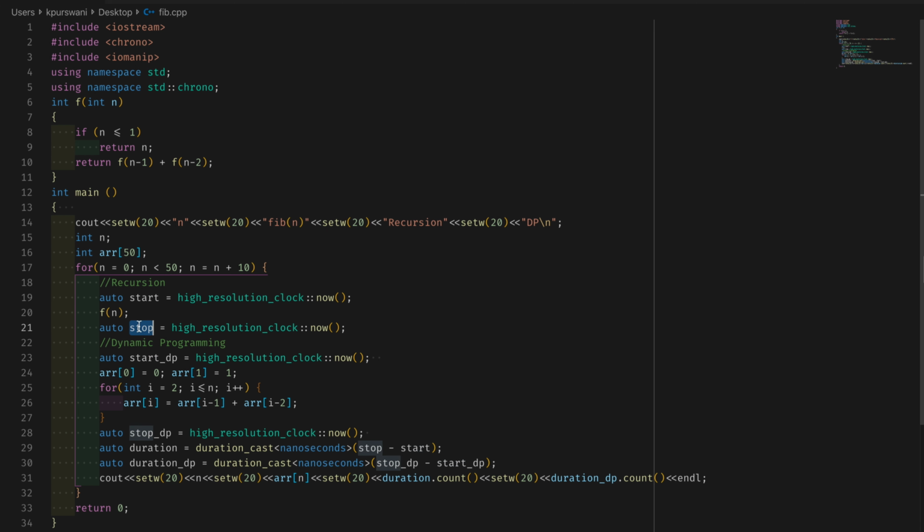You can see I have called the function over here, the function that we wrote, n minus 1 plus n minus 2. So this is the recursive function. And we will see how much time it is taking for recursion. For dynamic programming, I have taken an array and stored values over here. Here also we will be calculating time and we will see what is taking more time. We will be taking a range of n's to see, as the value of n increases, what happens. So now let's run this code and check.